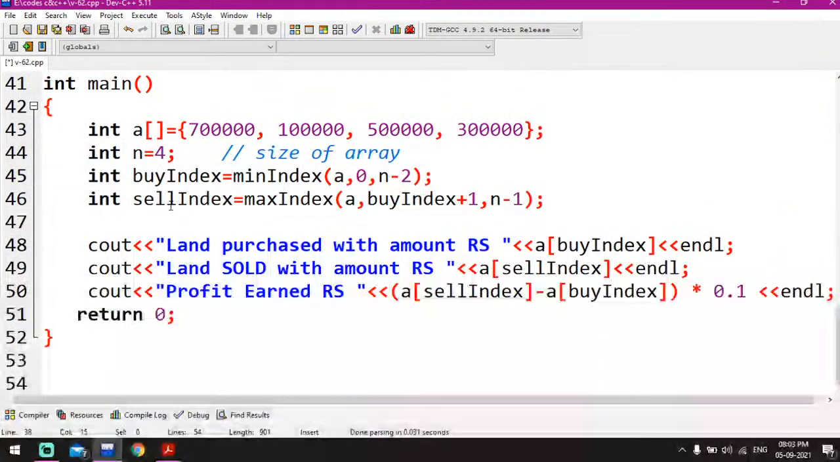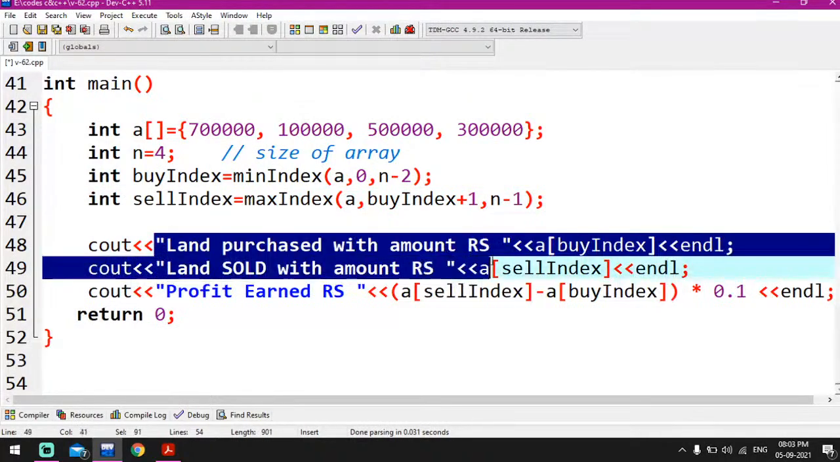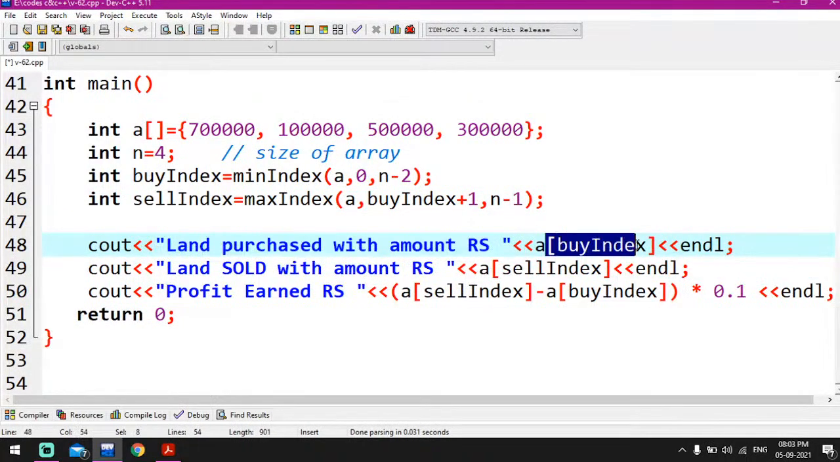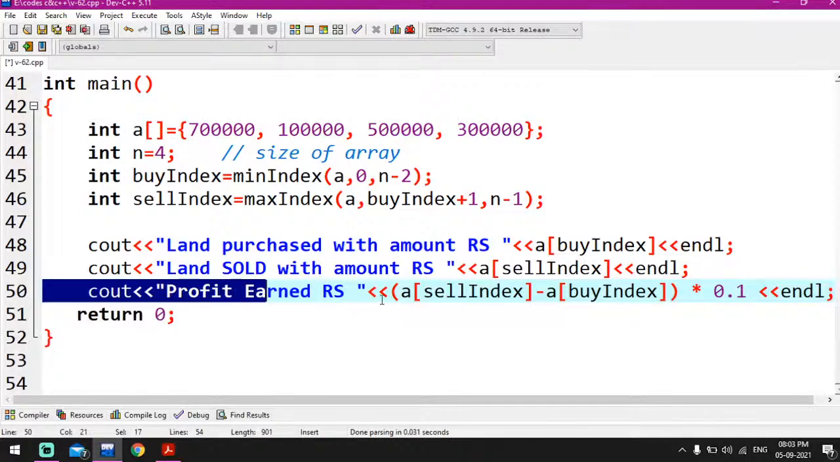The index value at which the price of land is maximum, I have stored in our sell index variable. So I'll print it out with a cout statement: land purchased with the amount of the array at the buy index, and land sold at the sell index of the array. And the profit would be